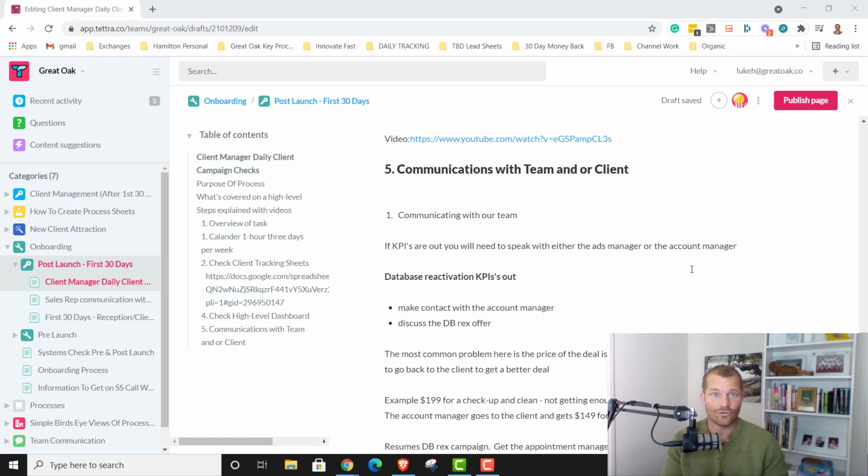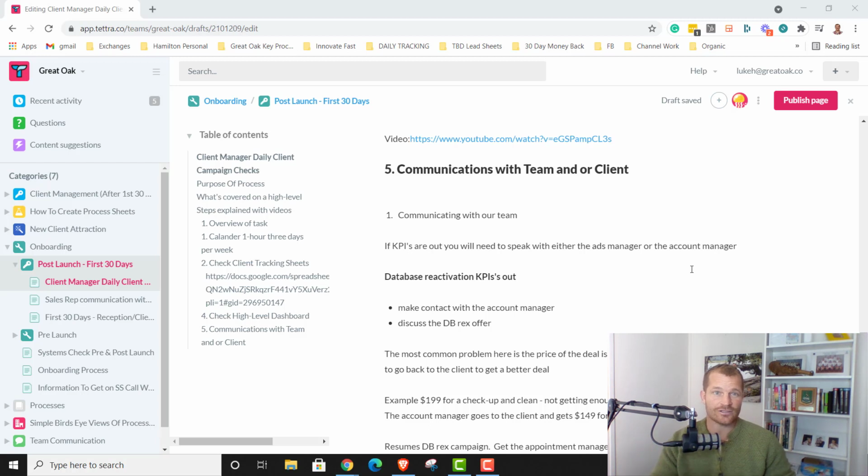Because obviously they're the ones that are in there doing the work, and you're just feeding back to them to let them know, hey, this campaign's not doing too well. That way they can give attention to that campaign. They'll be testing, they'll be doing all sorts of things to fix what's going on, trying different ad sets, trying different images, trying different bits and pieces to get the campaigns going. But they need to know what's going on, right? So that'll be communications with the team.